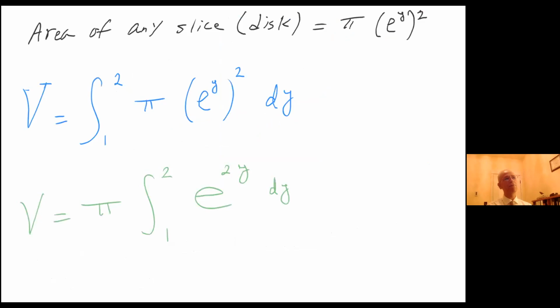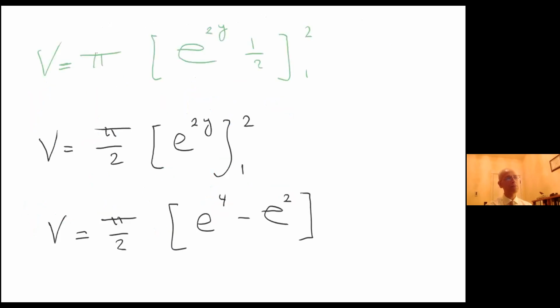So we know that the area of any slice of a disk is pi r squared. What is the radius? E to the y. So pi r squared, and volume is the integral from 1 to 2 of pi r squared dy, of course. And so I'm going to pull the pi out because it's a constant. E to the y to the second power is e to the 2y right here, dy. Let me go to the next page, and finally